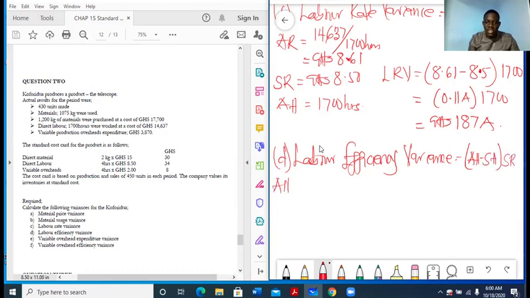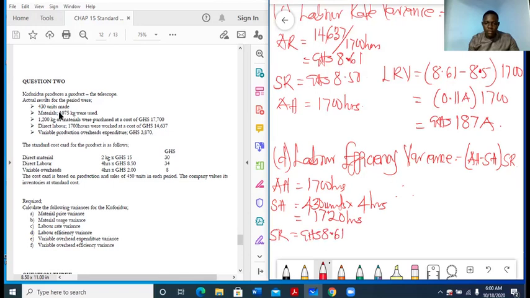So we know AH to be 1,700 hours. SH equals, now we have to determine SH. Labor were required to use 4 hours to produce a unit. So if you actually produce 430 units, how many hours should we have used? 430 units times 4 hours gives us 1,720 hours. Okay, good. So therefore, we know our SR already to be equal to